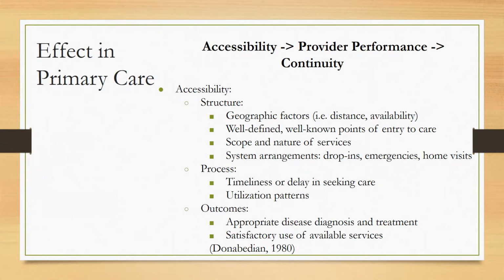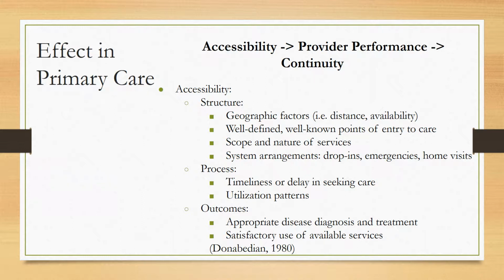Donabedian proposed a comprehensive classification of approaches to assessing the performance of ambulatory care systems. One of the major subdivisions in his program evaluation was the assessment of effectiveness in ambulatory care. He proposed that three attributes of effectiveness include accessibility, provider performance, and continuity. I plan to address these three attributes in relation to the structure, process, outcome model and how they can affect primary care practice. Under accessibility,